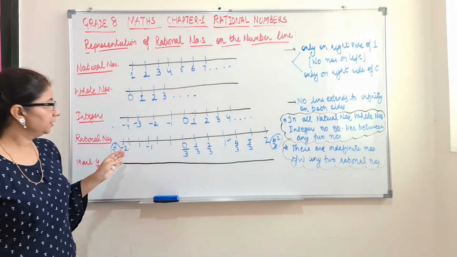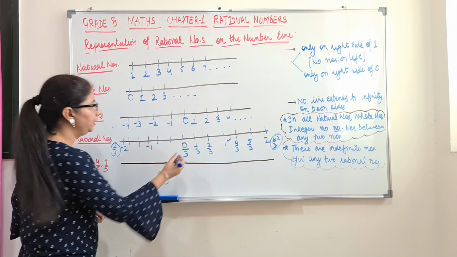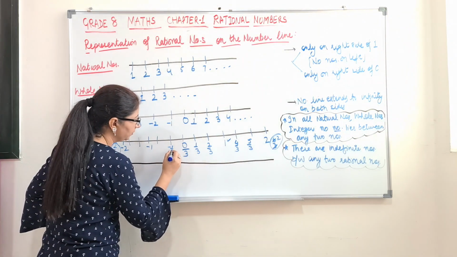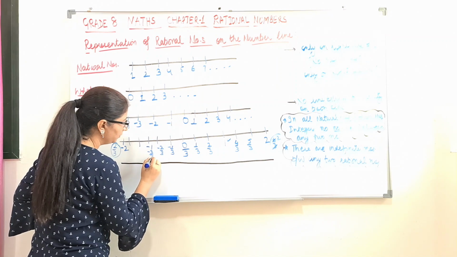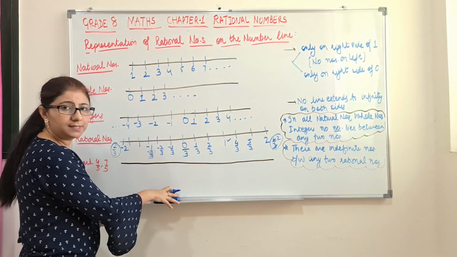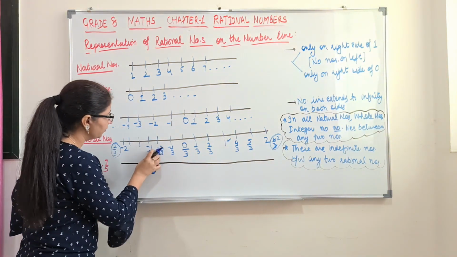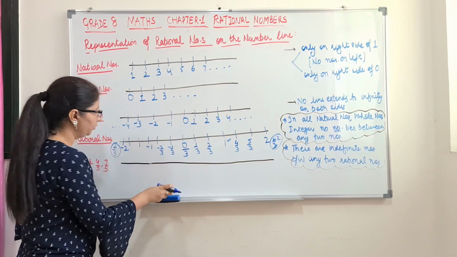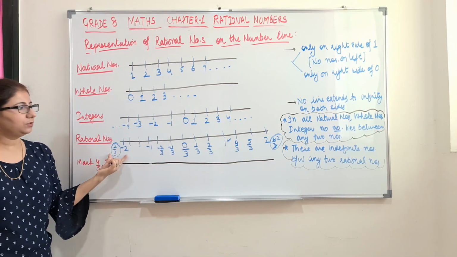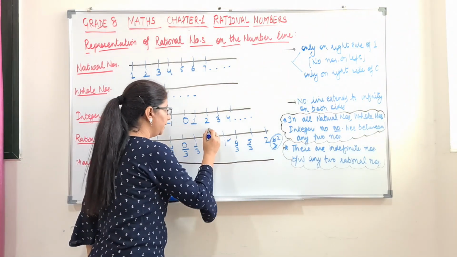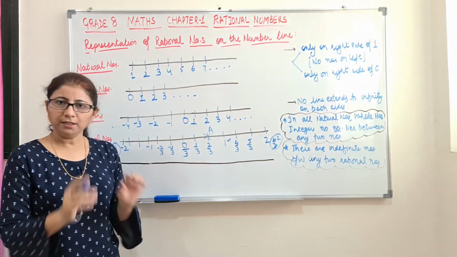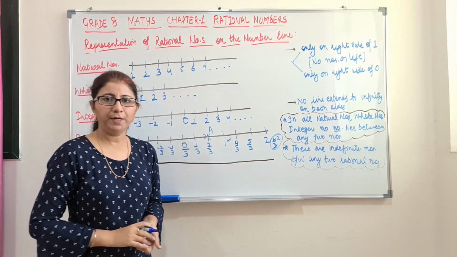Same it will happen on the left hand side. So here it is 0. Here it will be -1 by 3, -2 by 3 and this is -3 by 3. This will get cancelled and we will get -1. So our question is to represent 2 by 3. Here we are getting 2 by 3. We will mark this as A and we can write this A is 2 by 3.